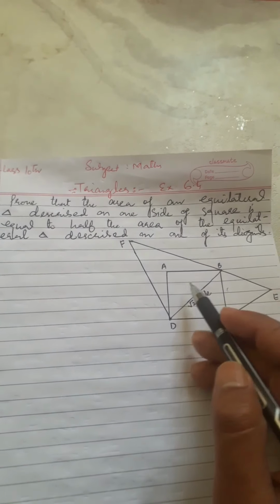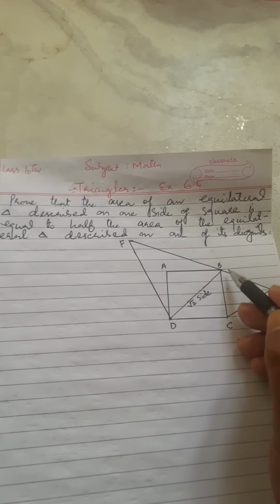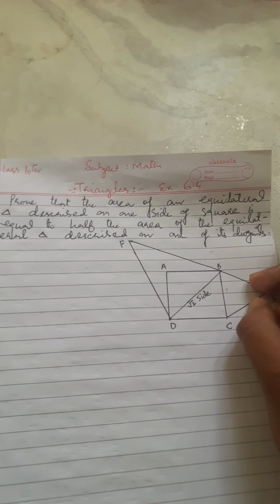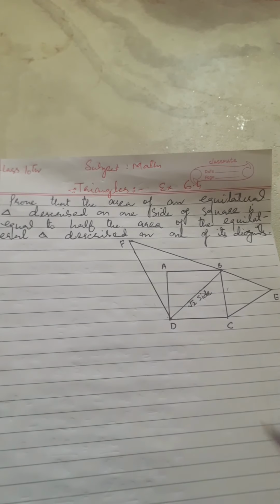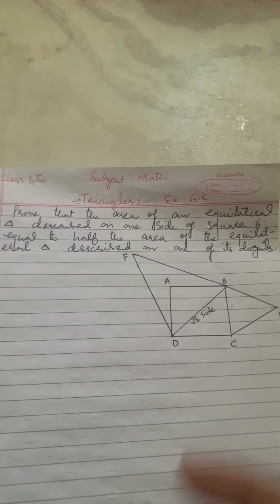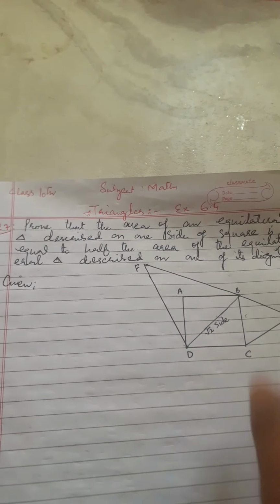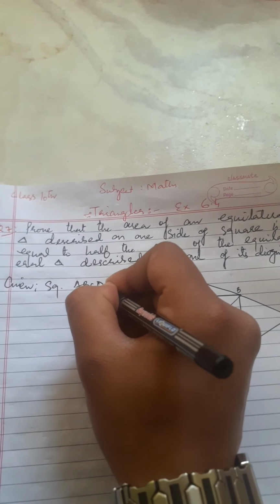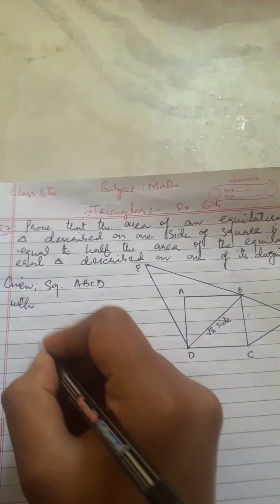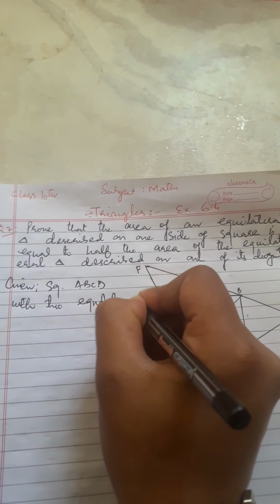show that the area of the equilateral triangle described on the side, जो साइड पे एक स्क्वायर बना इक्विलेटरल ट्रायंगल बना है, इसका एरिया जो होगा वो हाफ होगा of the area of this equilateral triangle described on the diagonal. So what is given here? Given: square ABCD with two equilateral triangles,